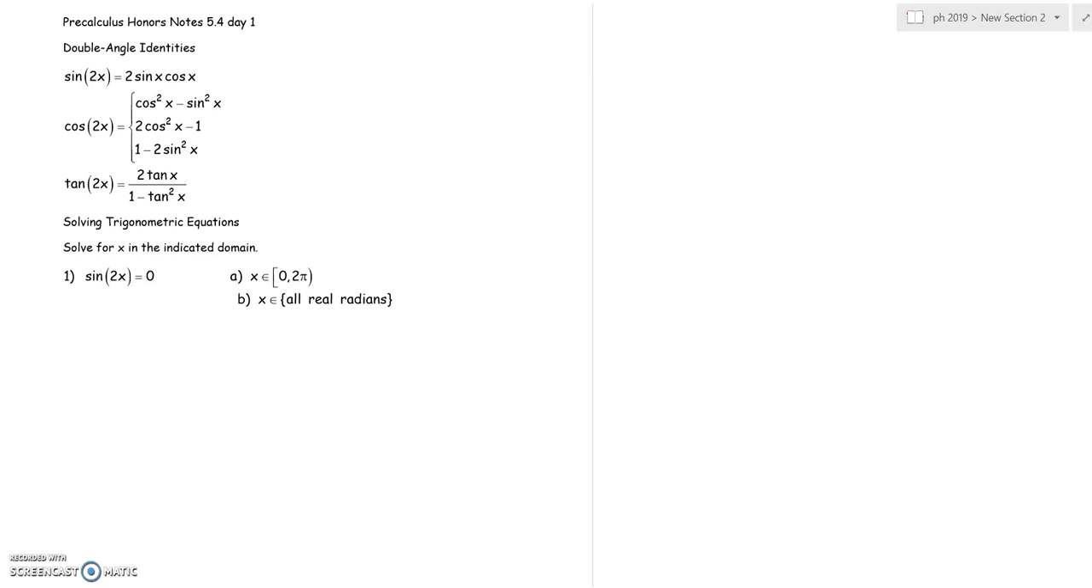Hey, pre-cal honors. Okay, so we are starting section 5.4. This is notes day 1 of 5.4. So notice we are going to solve trigonometric equations today, and we have some trig identities right here, double angle